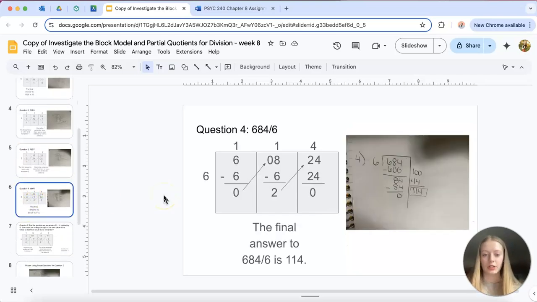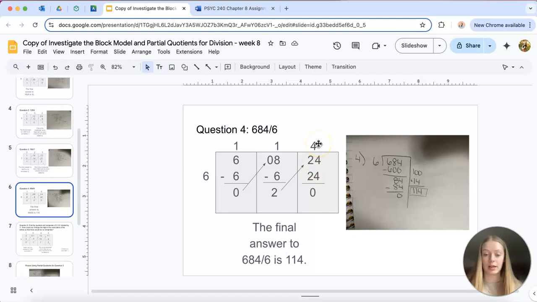Question 4. I took 684 divided by 6, so again, that's how I set it up. 6 goes into 6 once, 1 times 6 is 6, subtract it, we get 0. We're bringing the 0 over, even though it doesn't change the value of the 8, it's still an 8. 6 goes in 8 once, 1 times 6 is 6, 8 minus 6 is 2, bring over the 2 for the last column to make the 4 a 24, and then this works out very well because 6 goes into